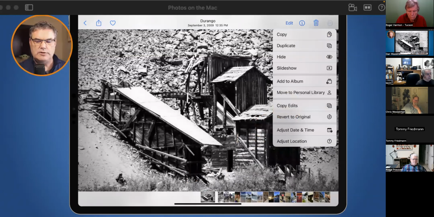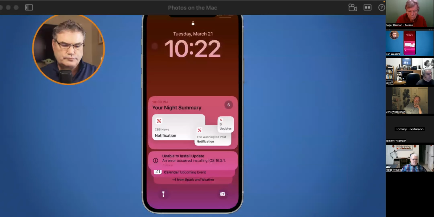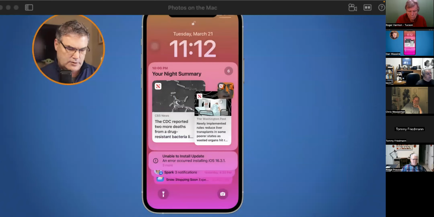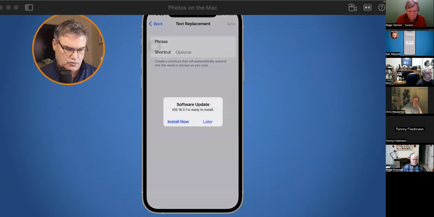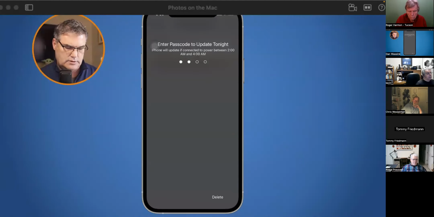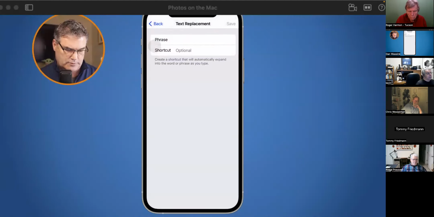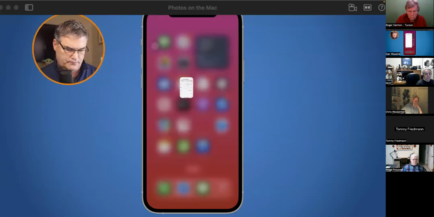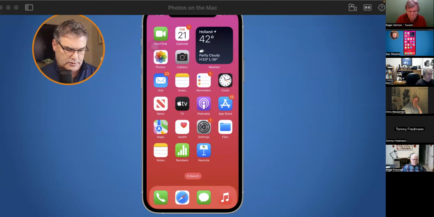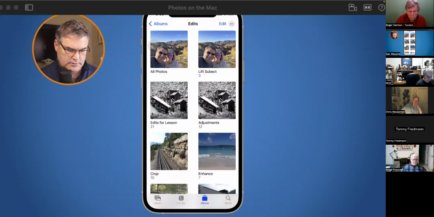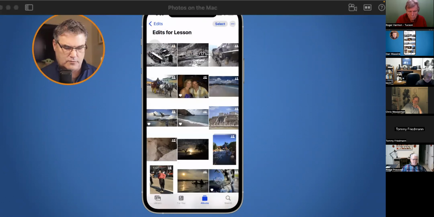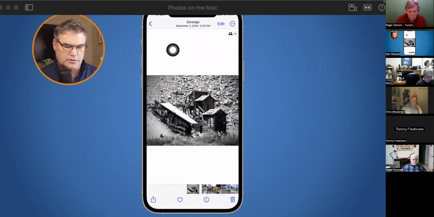We can even do this on the iPhone. I said the iPhone is very similar feature-wise to, let's do install a software update. I don't want to do that. So let's go to my photos here. And we're going to go to edits. We can see we have my black and white photo. If I go to edit,